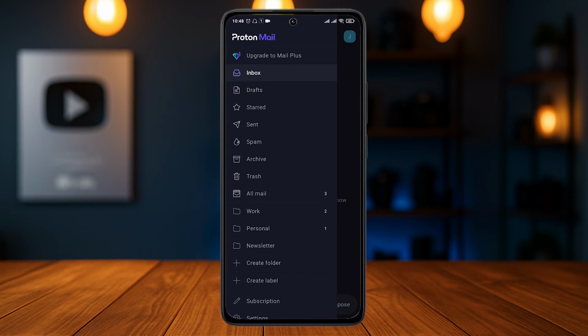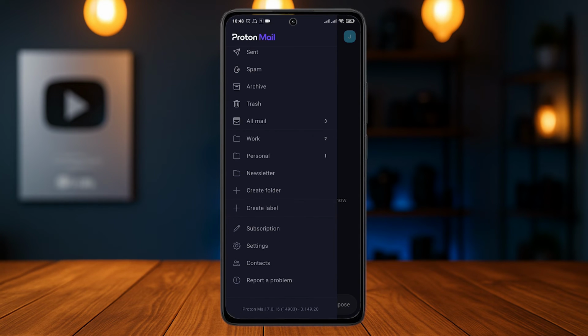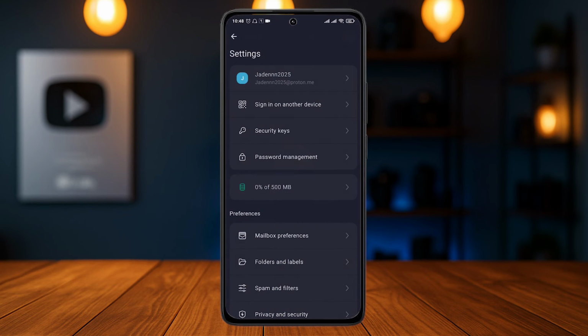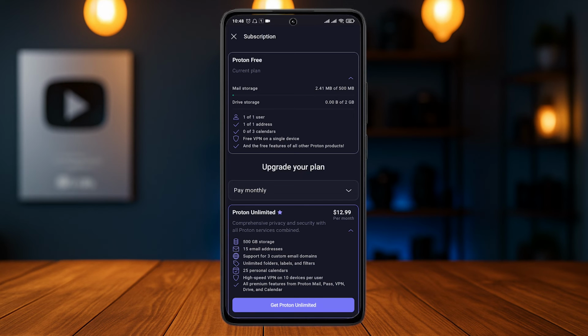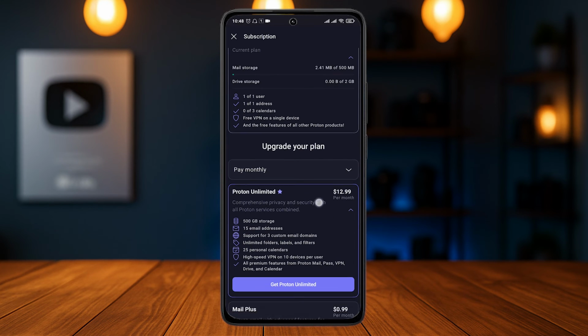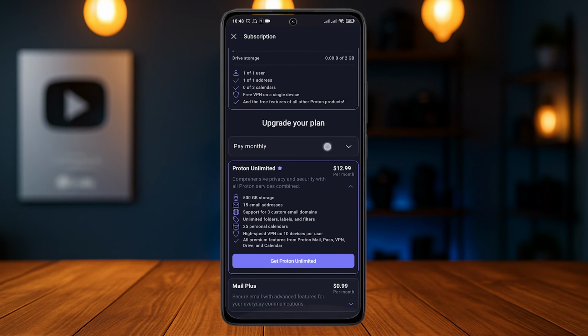There are further settings as well. If you scroll down, you can tap on the settings option and it is going to show you the amount of storage that you have left over. If you are also using a free plan, you're going to have 500 MB of mail storage and 2 GB of drive storage. If that is not enough for you, you can scroll down and choose a plan that gives